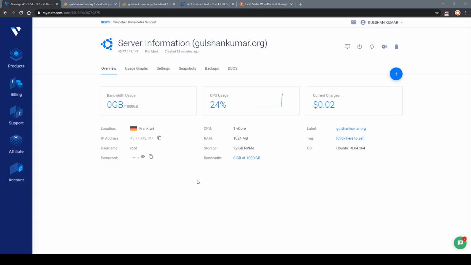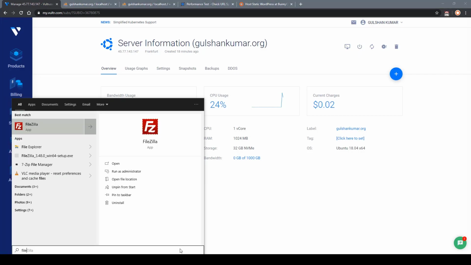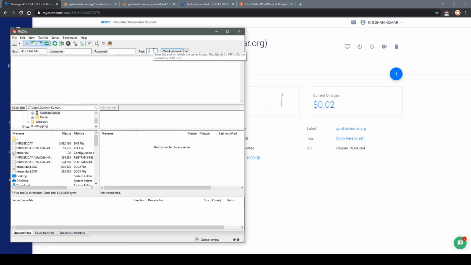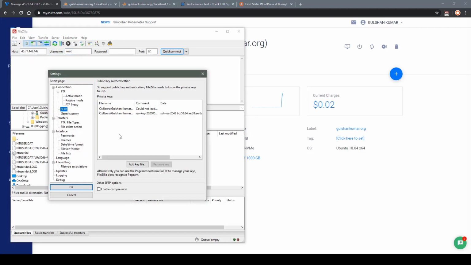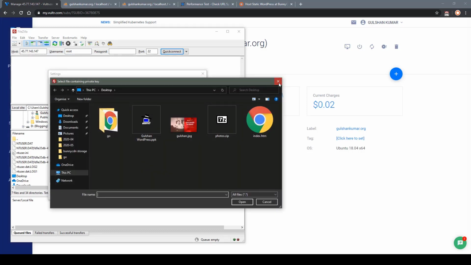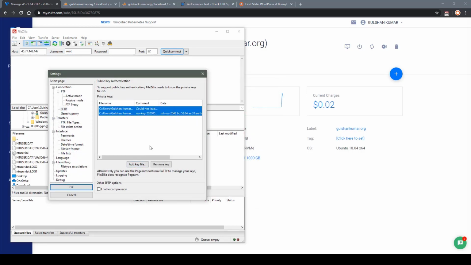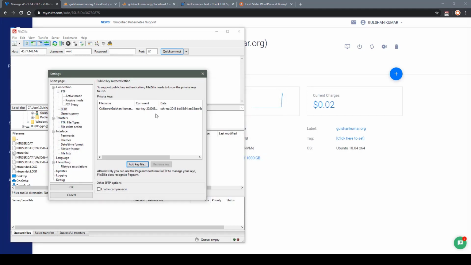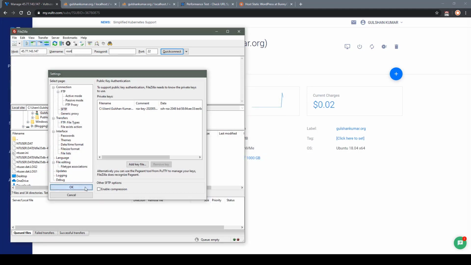Next, you may also like to know how you can manage your WordPress files using the FileZilla application. Copy the IP address, open FileZilla, enter the host name, enter port 22, enter username root, and go to the edit menu, settings, SFTP, and here you need to, first of all, delete all the existing keys, and I have selected my private key and click on the OK button.